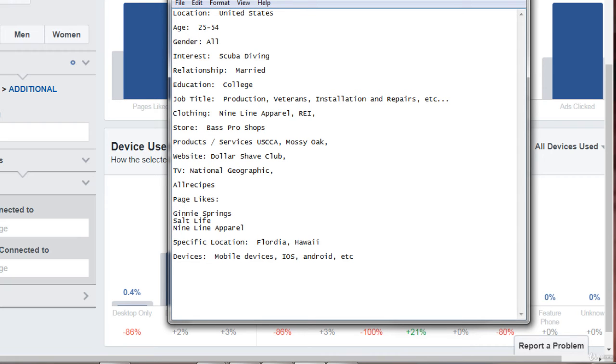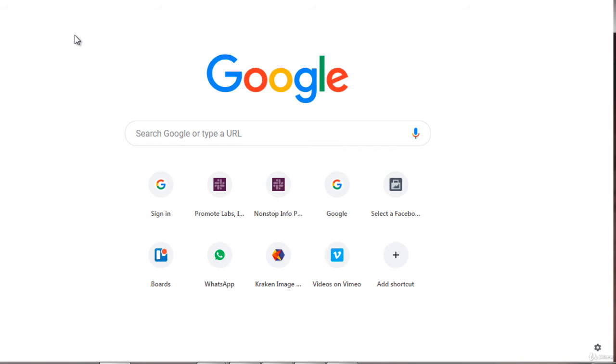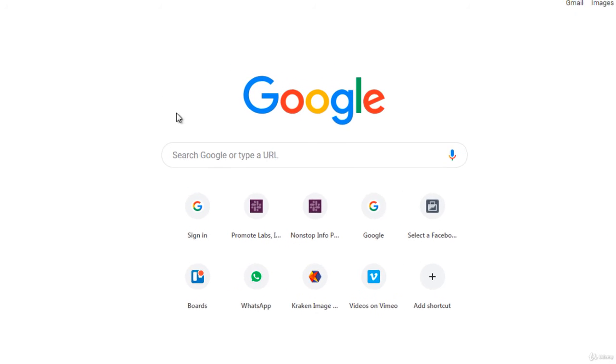Another method is by going to google.com and looking for magazines. So why magazines? Well, if you flip through the magazine and you go through to the advertise page, you'll notice that these magazines have what we call a media rate card. And what this does is a lot of times it'll tell you the exact demographic and the exact avatar that you're trying to target.